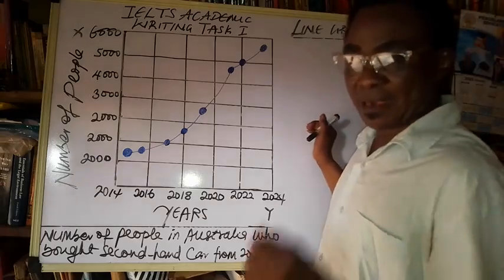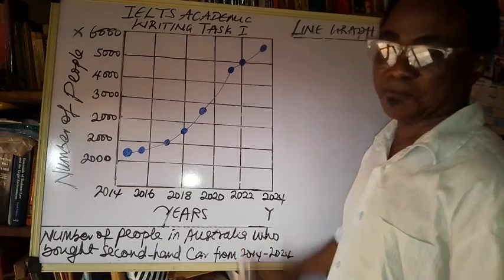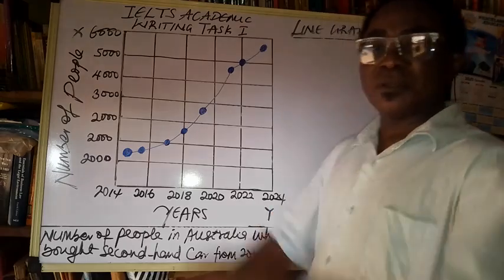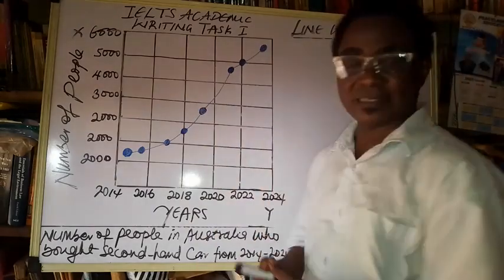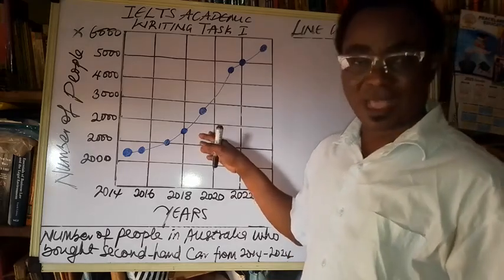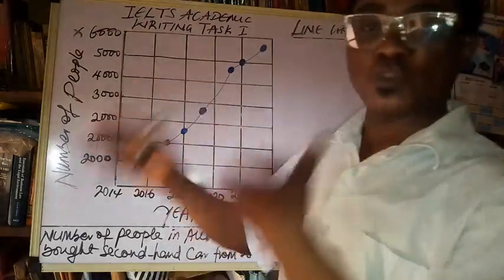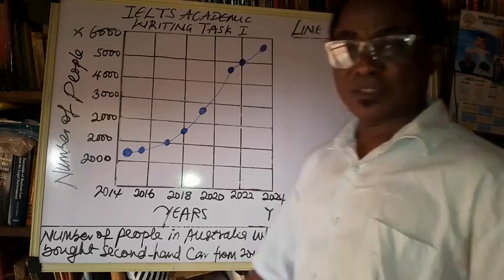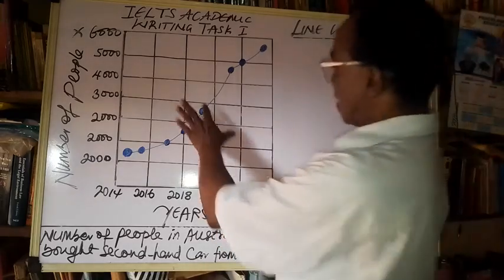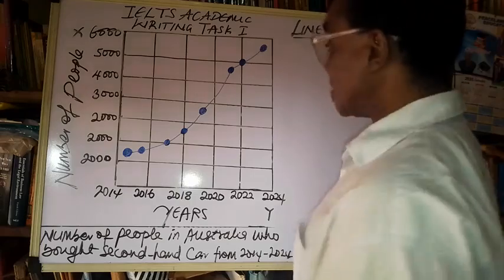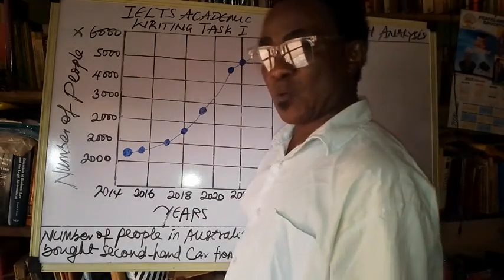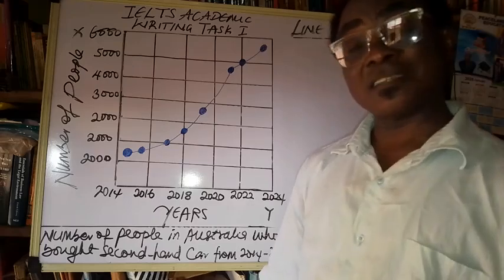In the second paragraph, the first body paragraph, the writer is expected to put in writing what he or she can see at the graph at a glance without having to quote figures or quote values in figures. So what can we see at a glance? What can be seen at a glance is that the number of people in Australia who bought second-hand cars in a period of 10 years